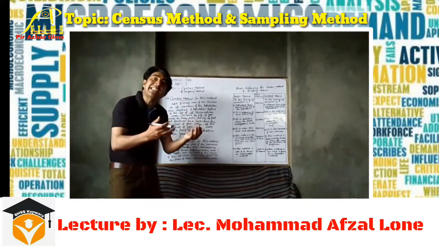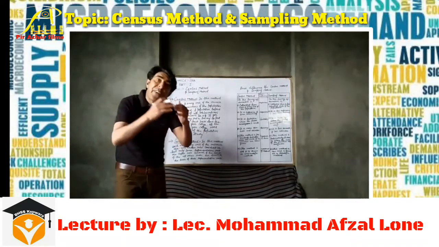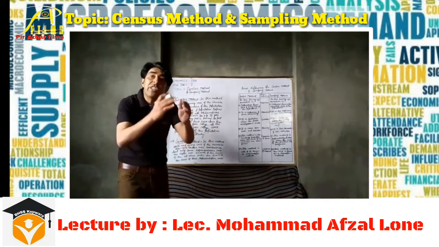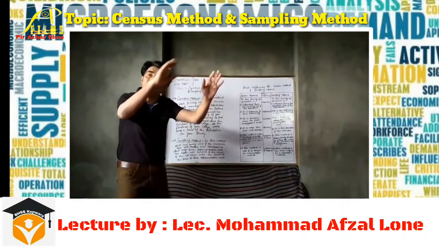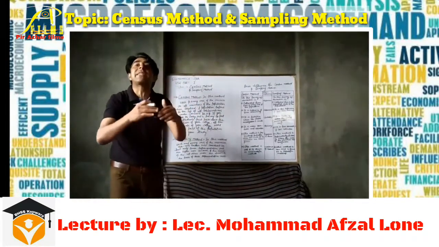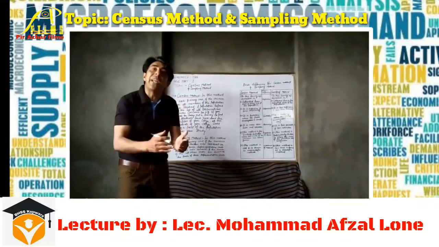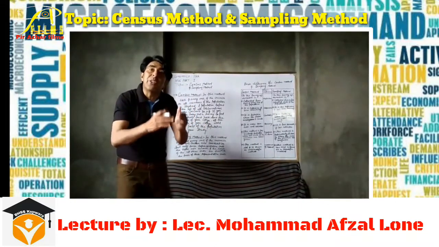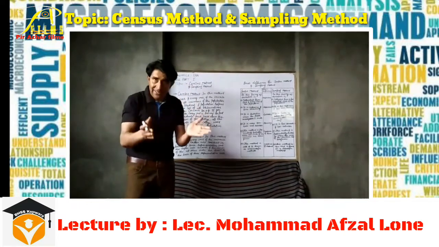So the difference here is, sampling survey or sampling method refers to a method in which the survey is done on the basis of selective units, and the results of the whole universe under consideration are drawn on the basis of those representative units. This method is useful and is used in a universe where the units of the universe are homogeneous, or you can say identical.